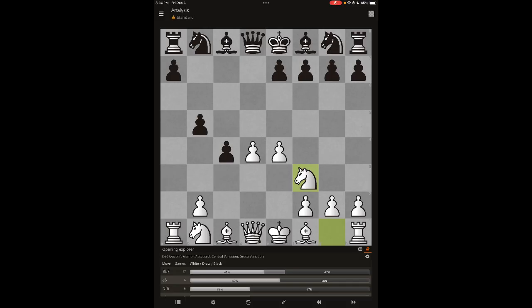Almost always this is a good move, and the reason is that once you get a knight there, it has many options. It can go here, here, here, here. This knight could go here too, and that's not bad. It's just not necessarily what we want, because we have this pawn here and we don't want it coming after the knight.